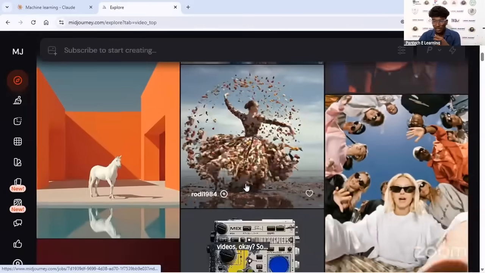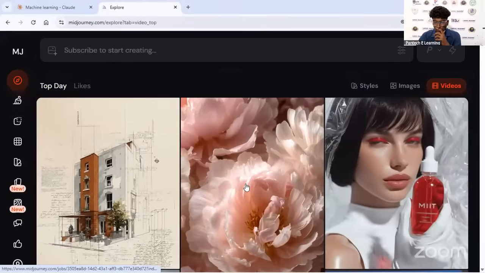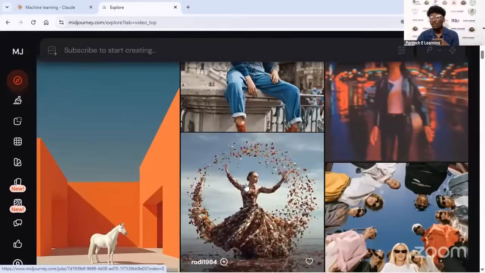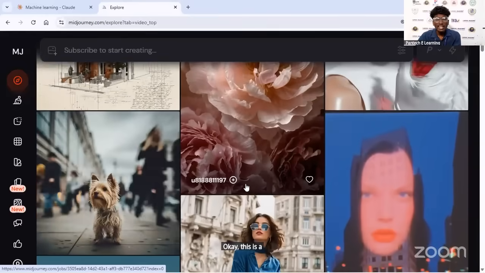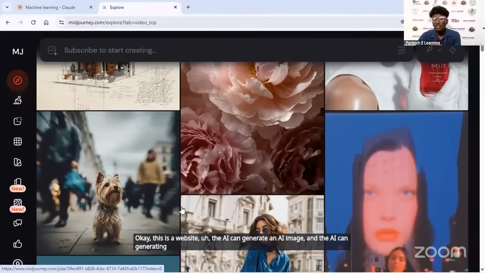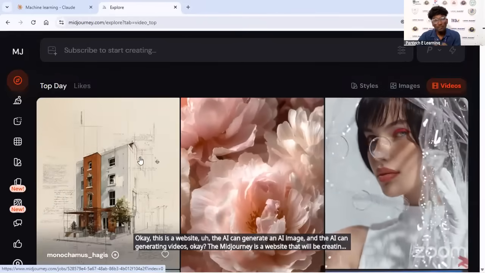My screen is visible, right? Okay, this is a website. The AI can generate images, and the AI can generate videos. Midjourney is a website that creates images and videos.